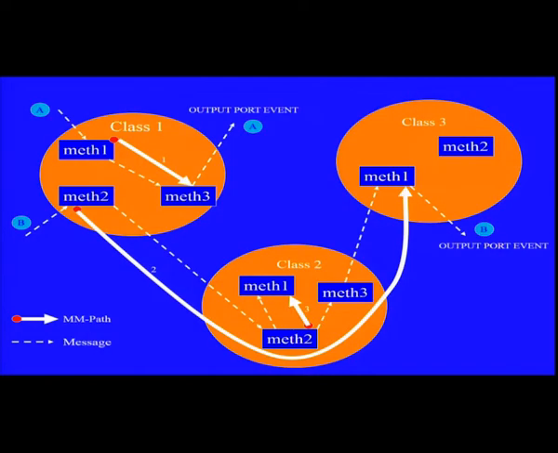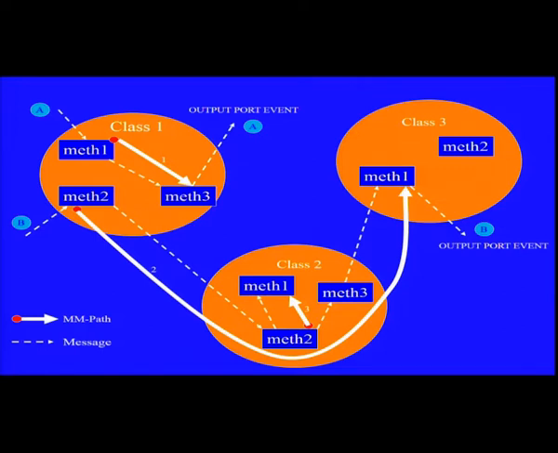Port A, output port A, output port B. We are quite happy to look at those outputs and go ahead if the outputs are happening, but a fully tested system will tell that class 1 to class 3 via class 2, not class 1 directly to class 3. You cannot simply test it. There is a class 2 which is hidden. The ports are not making class 2 visible, but the path should tell that the complete testing will involve all